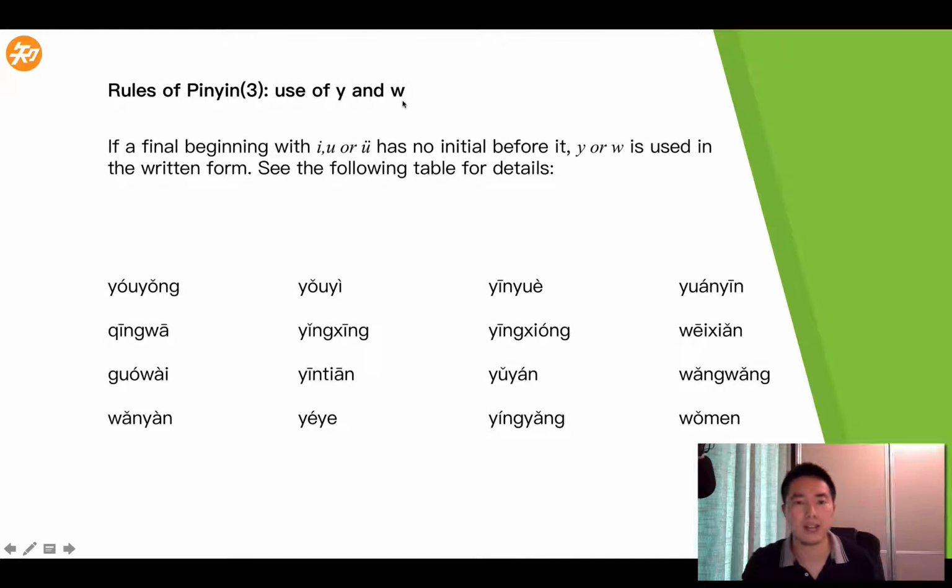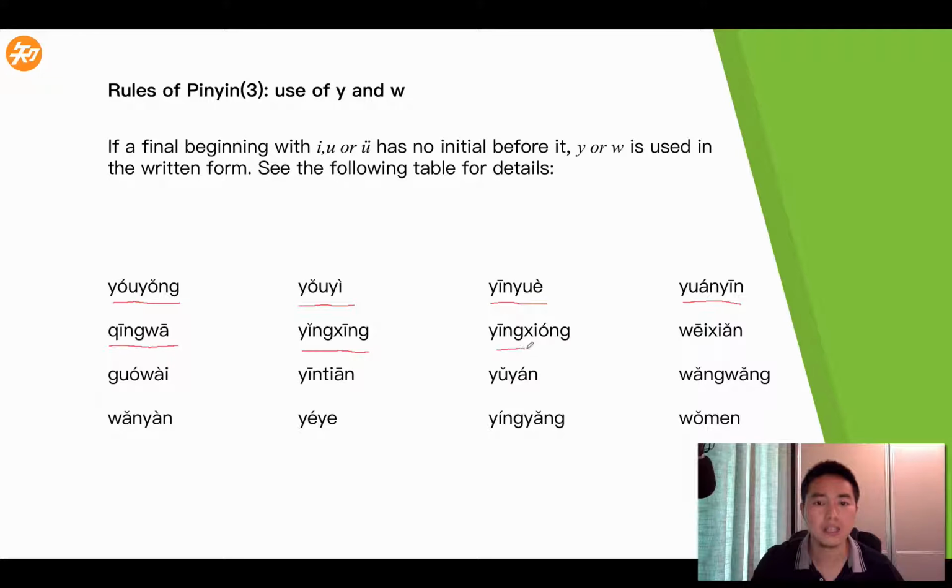Now let's take a look at some examples, okay? So read after me. 游泳，有戏，音乐，元音，青蛙，影星，英雄，危险，国外，阴天，语言，往往。